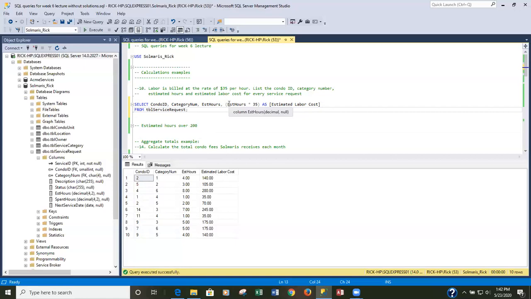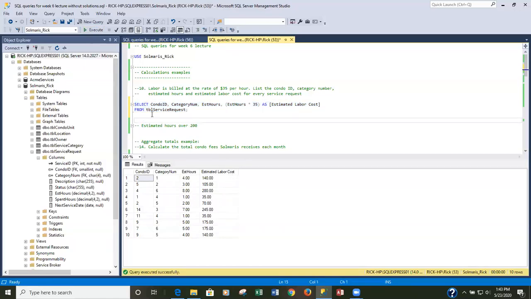If you were mixing multiplication with addition and subtraction and division, you may need parentheses. I think I said brackets, I meant parentheses. You may need parentheses in order to ensure that you follow the proper rules for math calculations. But we'll run this one more time, and that looks good. So that's pretty easy to read, and I have a nice